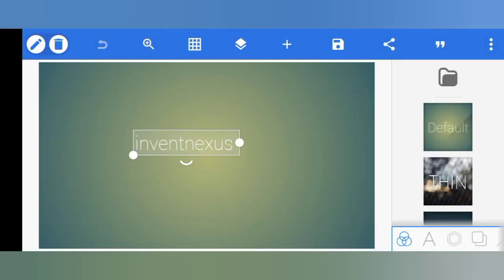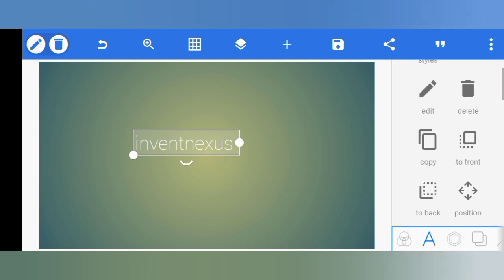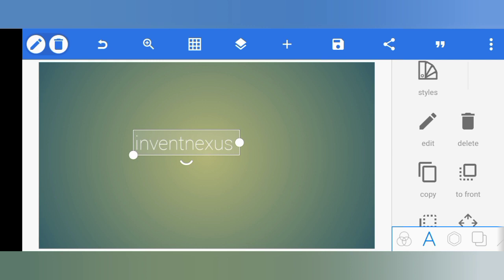We already have our default projects. So let's start working with text. To work with text, we will come to the icon named A here. That's where you work with text. If you have worked with some text and you have done some design on it and you wish to use it for another project,